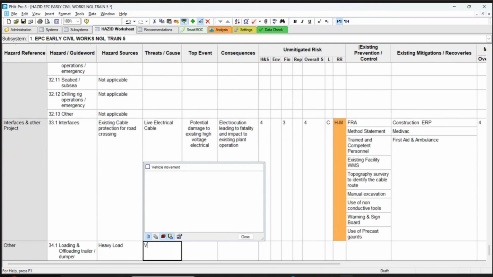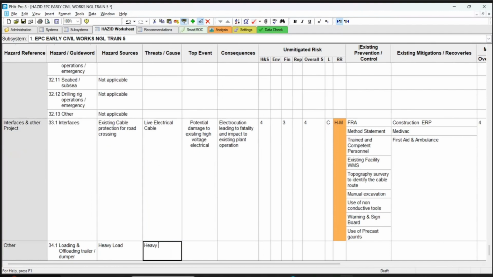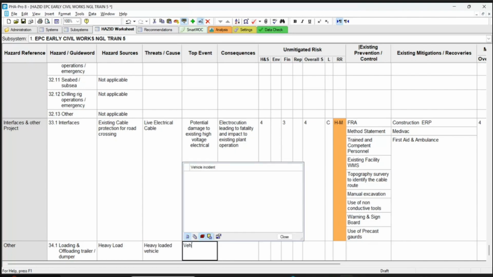The threat is a heavy loaded vehicle toppling. Top event: vehicle topple and offloading of material, of soil.